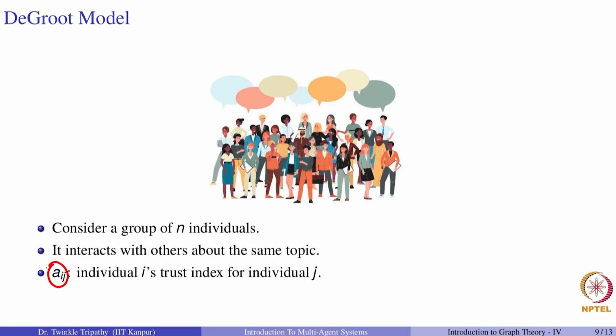As they interact with each other, to every person they talk to, they assign a certain trust index denoted as Aij. So, if they trust the individual, Aij is non-zero, meaning they talk to that person, and if they do not trust that person at all, then Aij is equal to 0, meaning they do not communicate with that person. So, again this notion is extremely similar to the adjacency, or rather it is exactly the same as it.